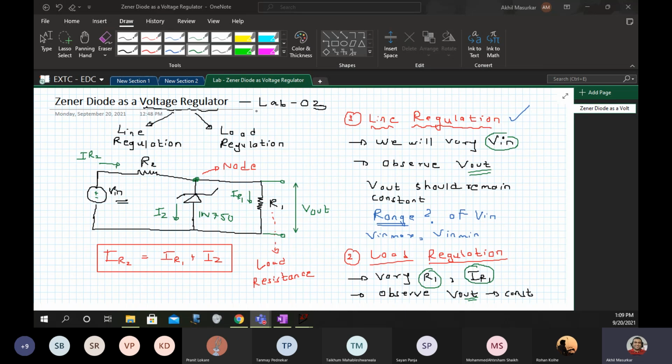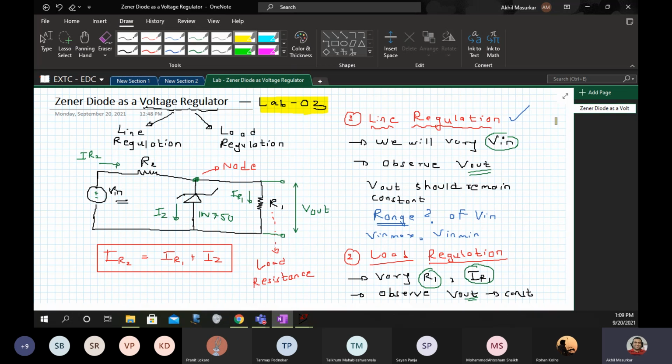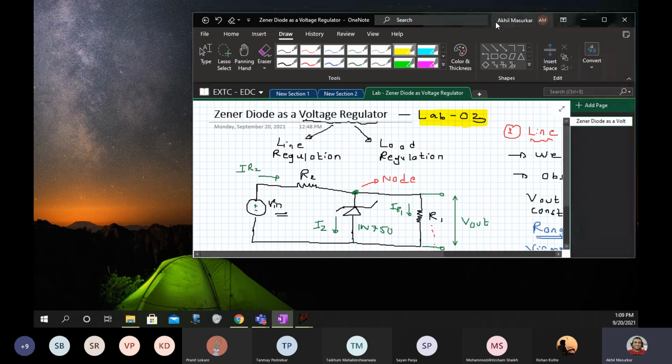So this is our lab 3. I'm just minimizing this for some time.